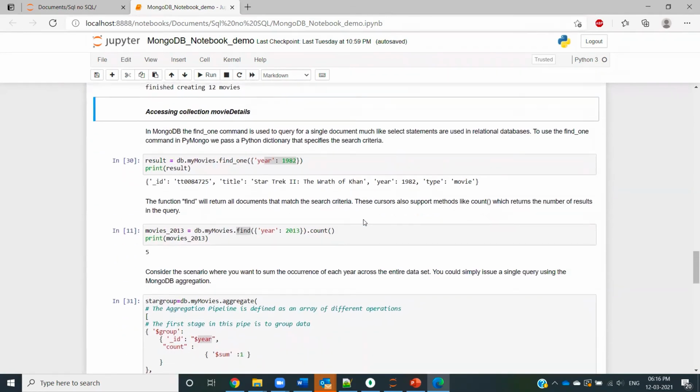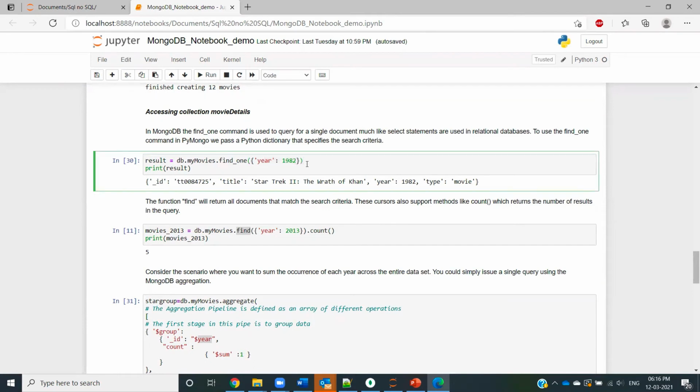analyzing the data, and how we can use different functions to analyze data, is something very important that you should focus on in this course. Like I said, I discussed the find function before. There is another function which you could use, which is find one. It finds only one record pertaining to the filter that you give it. In this case, I want to find a movie which has year 1982. When I run this, I get that one record which has the year 1982.